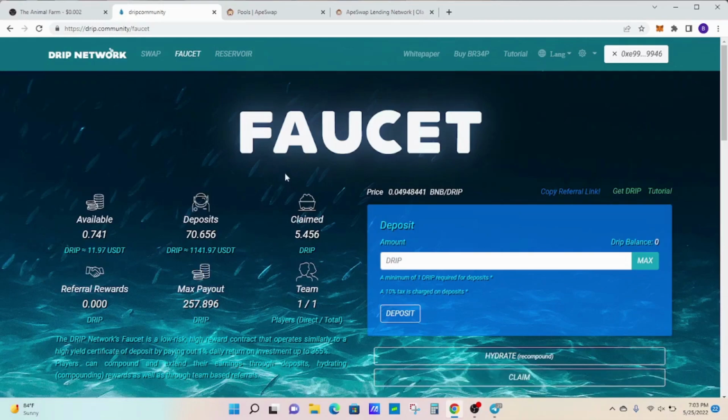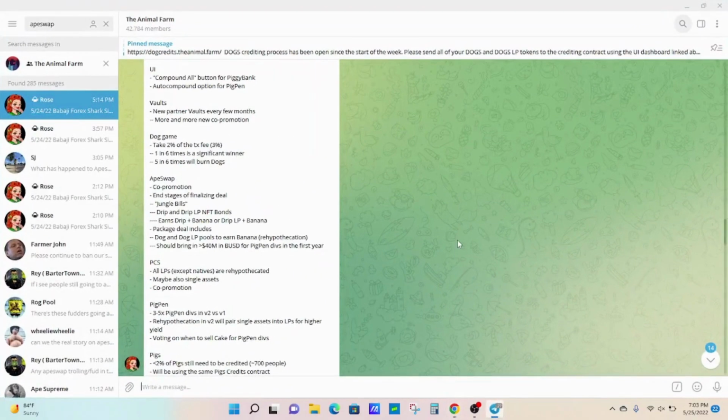Now, reasons why I got into the drip faucet. For one, in the Telegram group, Forex has said he's not going to forget about the drip faucet, or drip in particular. He's already come out with some things, and I have some stuff up on the screen here.